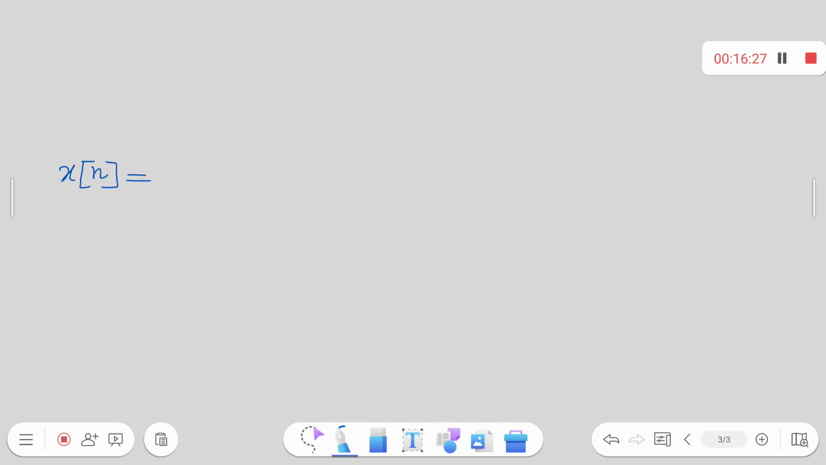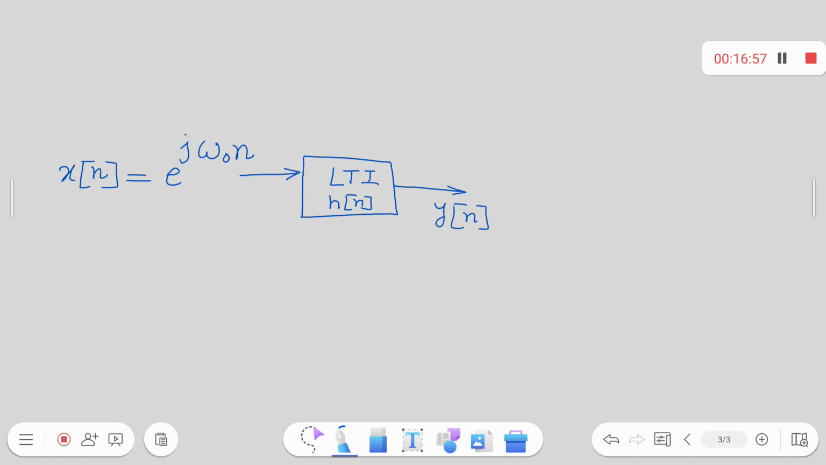So I will refer to this continuous time case and the discrete time case side by side. This is basically e to the power j omega naught, a discrete frequency, a small omega naught. It's not the capital omega, it's a small omega, e to the power j omega naught n. Okay. So where is this applied? This is applied to an LTI system whose impulse response is given by h of n. In return, what are you getting? You are getting y of n, and that y of n can be represented as